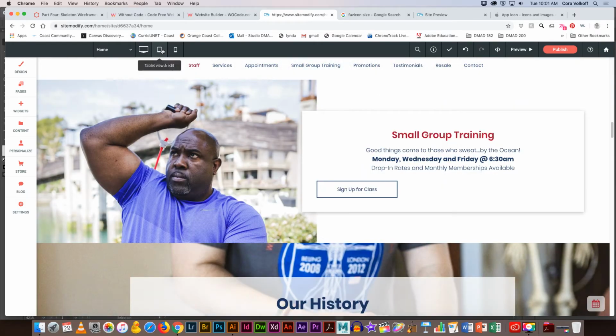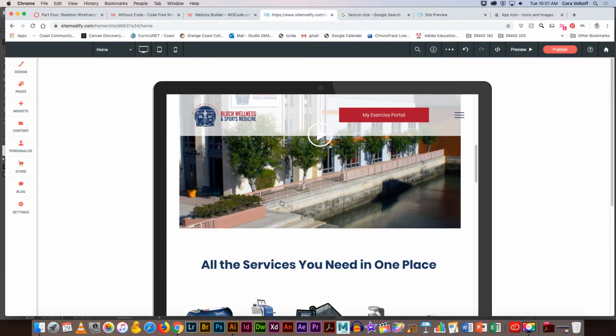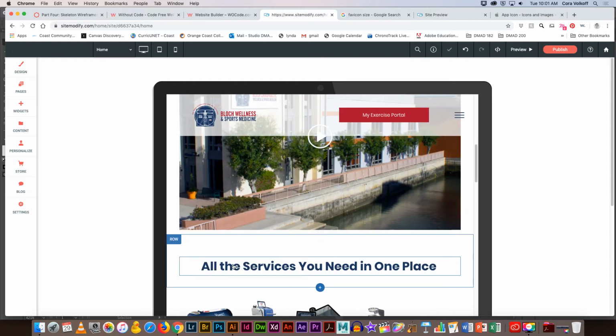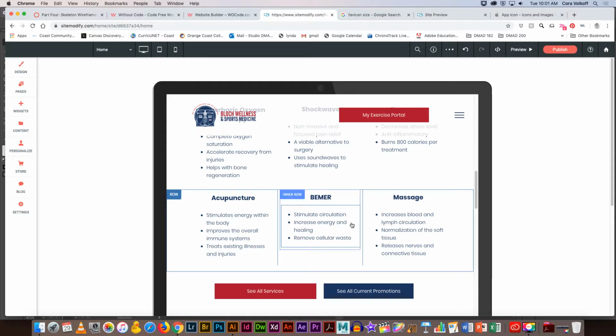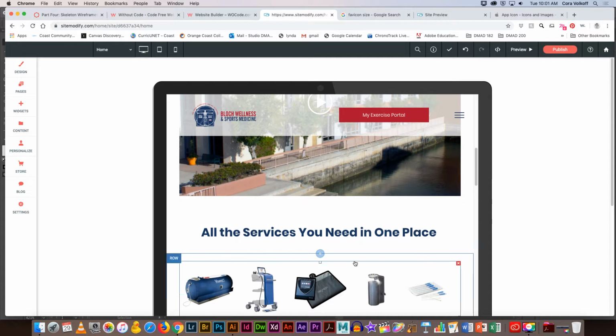So hopefully what propagated or what happened for you on your tablet and your mobile is going to be pretty easy for you to go and fix. I foresee you fixing the size of some of these headlines and just a few things for your text. If the size of one of these headlines on your tablet is not working and it says PLACE goes underneath, you do have to change it on your desktop. If you are stuck on having your desktop be this really large text and you want to keep it that way, then you'd have to hide it